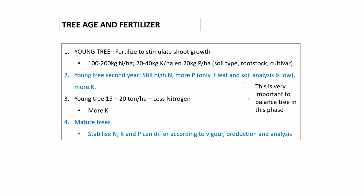So this is typically what we do for young trees. Of course it can be different in every scenario. Some of our trees get only 60 kilograms of nitrogen, and some up to 200 kilograms. I've never given 200 kilograms personally. That's a bit high for me, but that's the norm in South Africa. So depending on your rootstock and in what soil you are growing your trees, that is a basic standard young